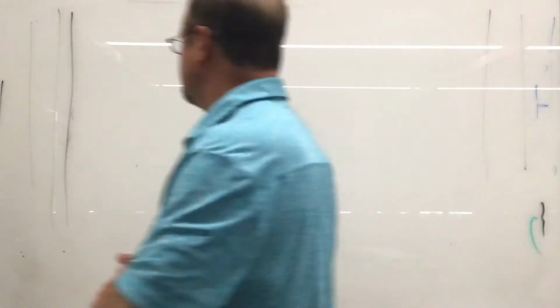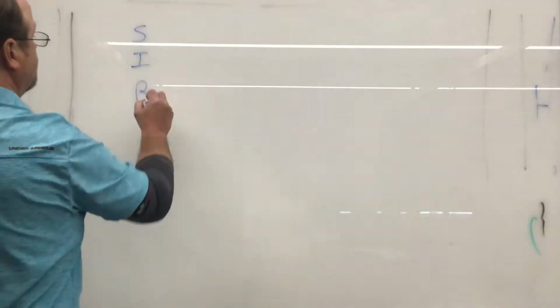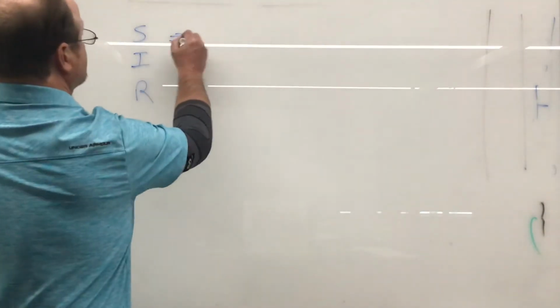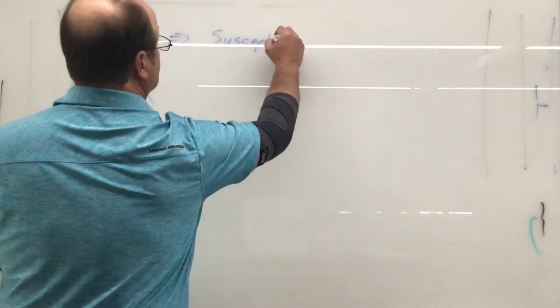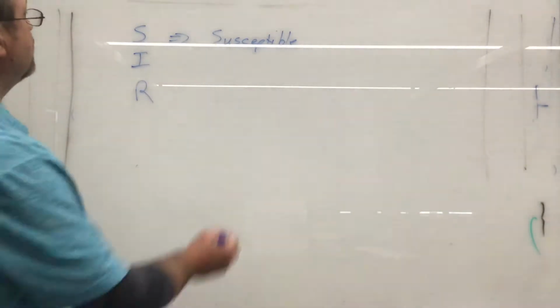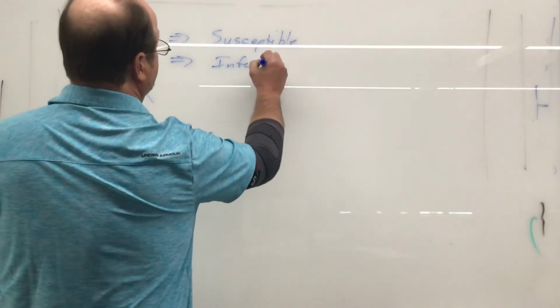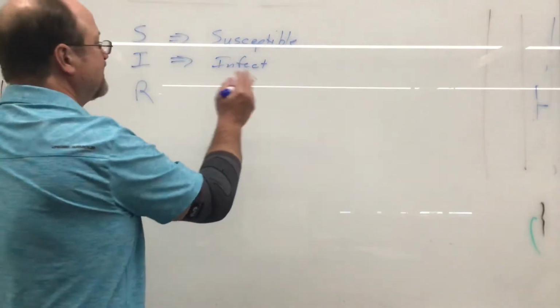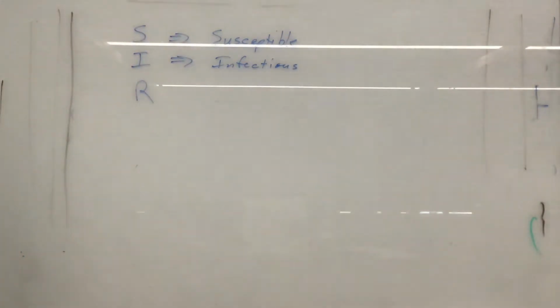Okay, so this model that I've been talking about for the project is what's called the SIR model, which basically says this. It says we have susceptible individuals. These are individuals who do not have immunity to whatever virus, disease, whatever we may have. We have infected people. And infected, we could say infected people, but really it's infectious people. Because people can be infected longer than when they are actually contagious.